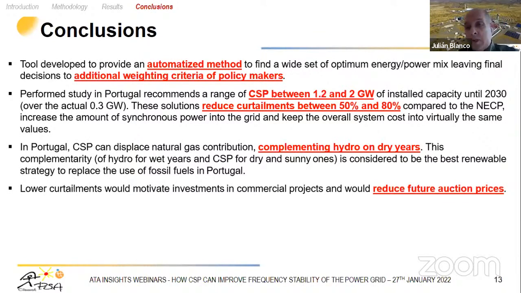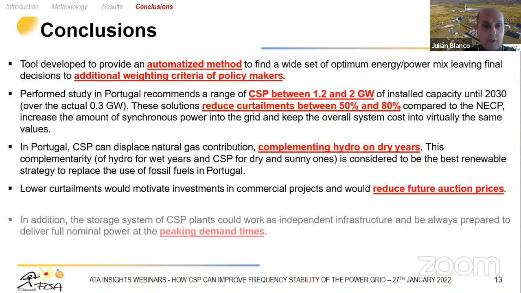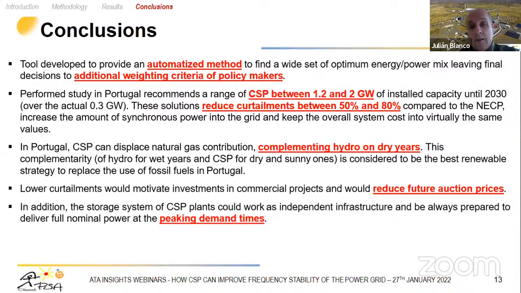Also, lower curtailments could motivate, we think, future investment in commercial projects. This reduces curtailment significantly. This could also reduce uncertainties on projects starting up after a specific threshold. In addition, we should remind that the storage